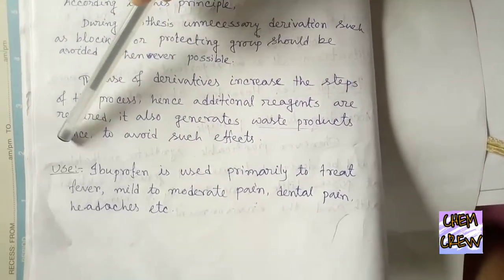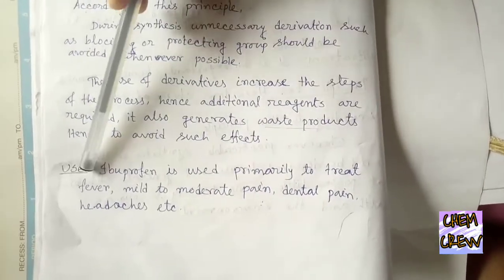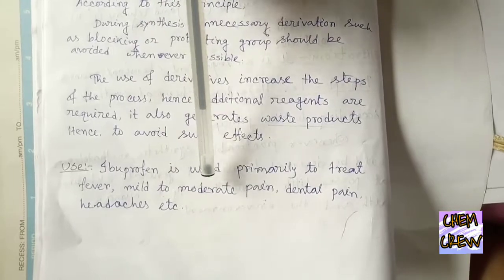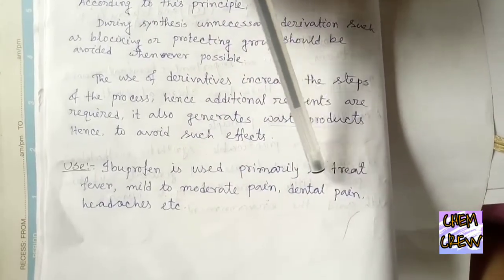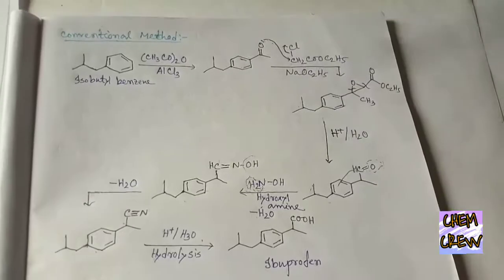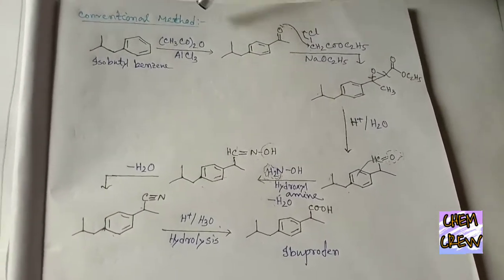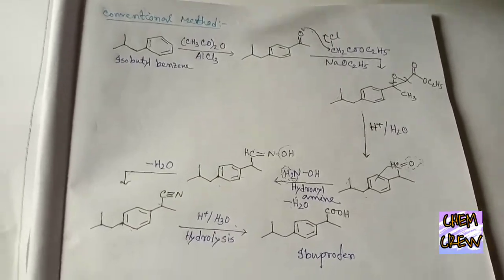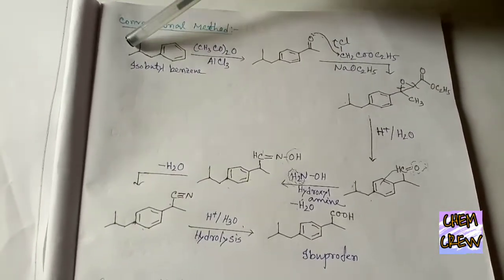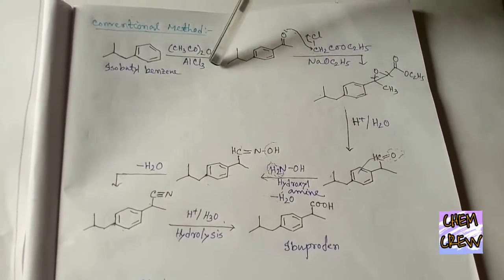Uses of ibuprofen. Ibuprofen is used primarily to treat fever, mild to moderate pain, dental pain, headaches, etc. Let's see the conventional method for synthesis of ibuprofen. Here isobutylbenzene is used as a starting material, then it is treated with acetic anhydride in the presence of